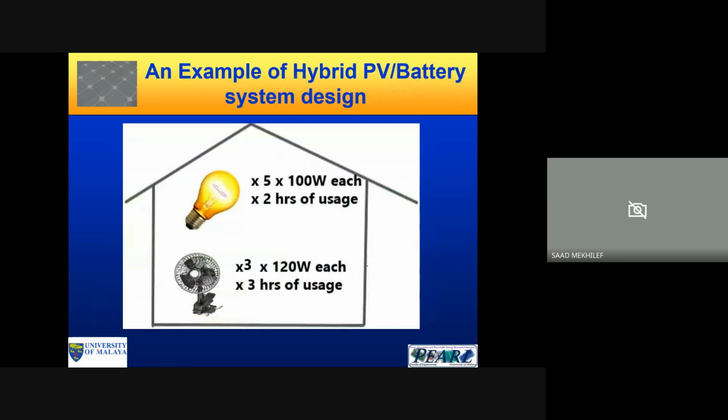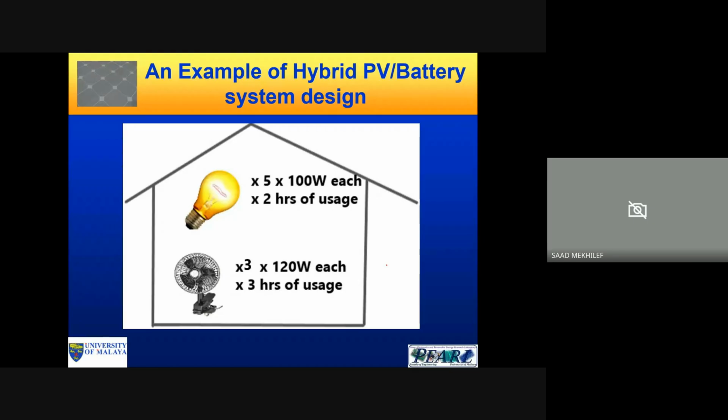Okay, good. So maybe I think we have another 10 to 15 minutes. Maybe we give an example. It's just an example of a hybrid PV battery system design. So in these systems we want to design a hybrid PV battery,